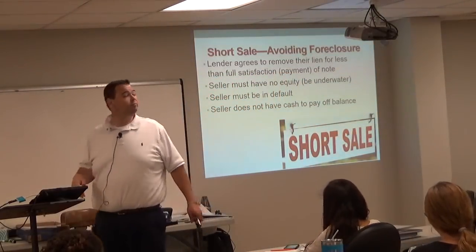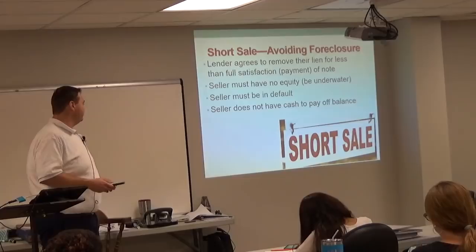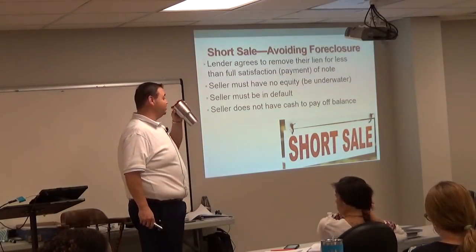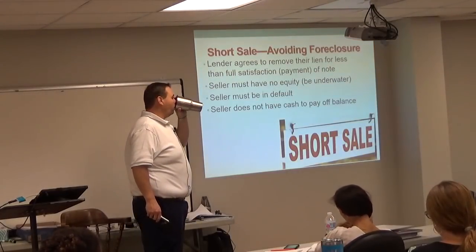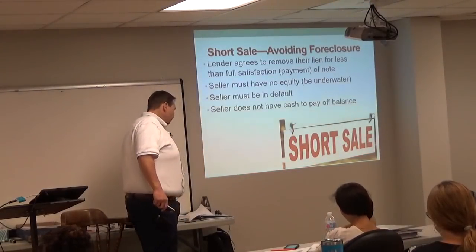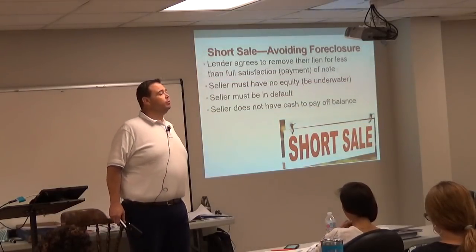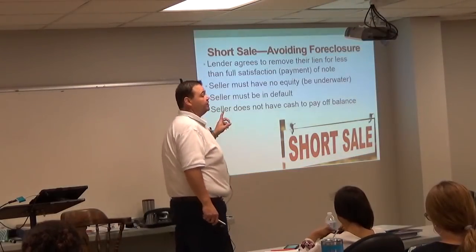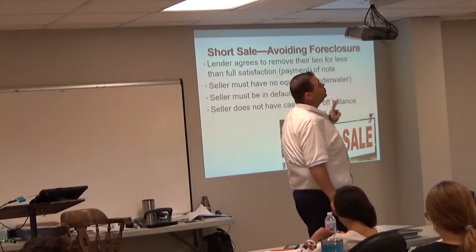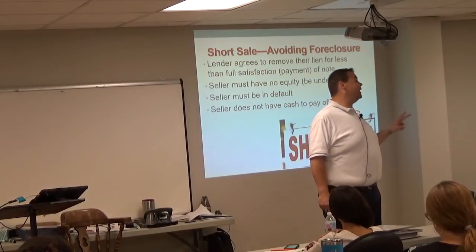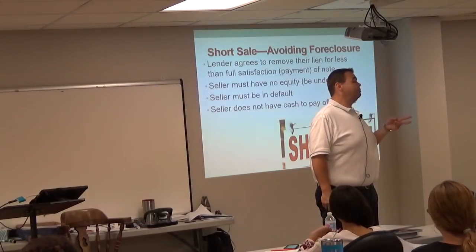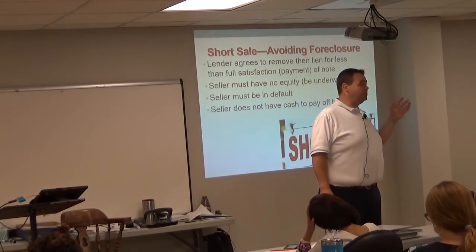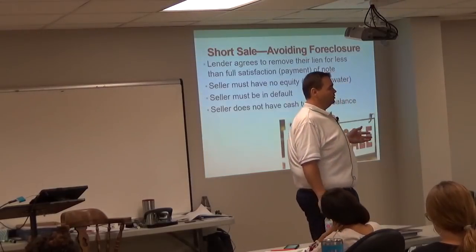So in this instance, because the lender agreed, they can't get a deficiency? They can get a deficiency judgment. Oh, so they still can. Mm-hmm. So I would still go this route. Save on the fees. Your deficiency judgment is going to be a lot less because there's not going to be any foreclosure fees attached to it, number one. Number two, a short sale has much less of a detrimental impact on credit. Short sale, 2-3 years, you can buy another house. Foreclosure, 7 years. So there are pretty substantial credit differences between a short sale and a foreclosure.